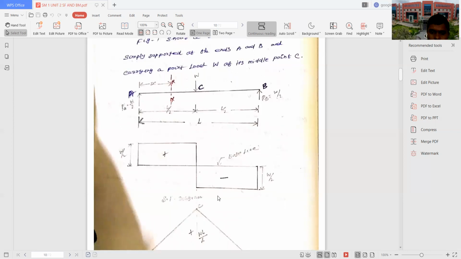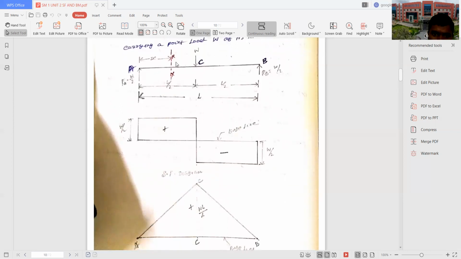Similarly, if you want to draw the bending moment diagram, in between A and C, take the section, load into distance moment. If you add, you will get the Mx equation. From that, you can substitute x equal to 0, x equal to L by 2, you will get the bending moment value. Similarly, in between C and B, take the section and calculate the moment value, the load into distance, everything. Then you will get the bending moment equation. Suppose at C, x equal to L by 2, at B, x equal to L. If you substitute, you will get the bending moment value. Then based on the values, you can draw the bending moment diagram.